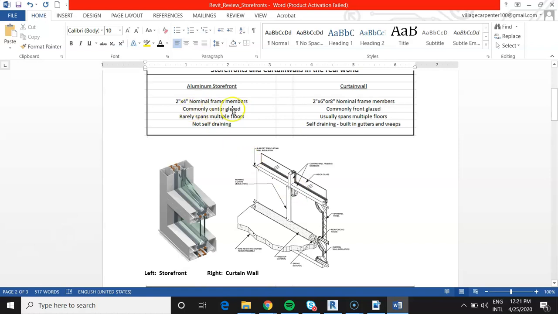So here for the storefronts, the glazing is commonly placed in the center. That's what we see right here. So we see aluminum frame, glazing, or the glass, and then another aluminum frame, where in the curtain wall, the glazing is in front of the frame, and the frame is on the inside of the building